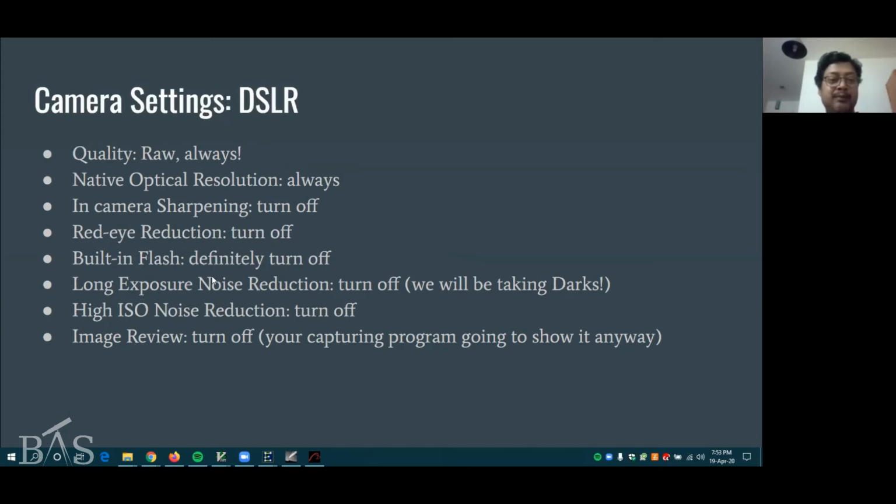No white light to be used in astrophotography anywhere. Long exposure noise reduction, turn off, because we will be taking darks. ISO noise reduction, turn off. Image review, turn off. The last one is important if you're using an in-camera battery,